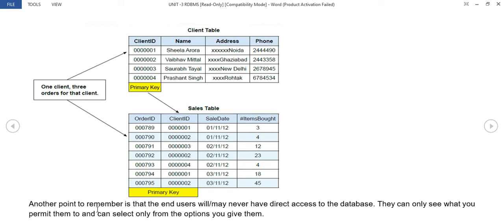Another point to remember is that the end users may never have direct access to the database. They can only see what you permitted them to, and they can select only from the options you gave them. So in this you can understand, when one client is ordering 3, what are their order IDs.